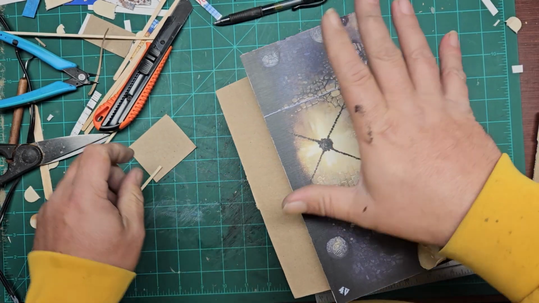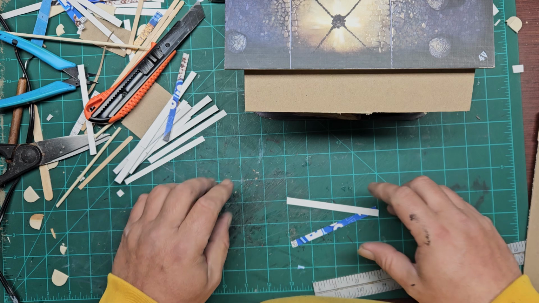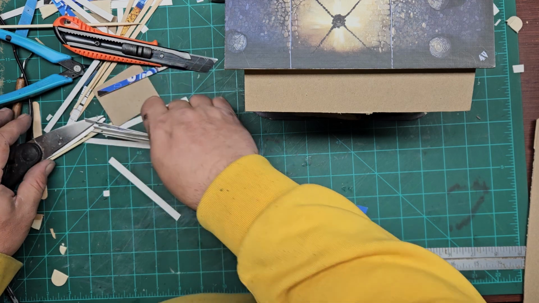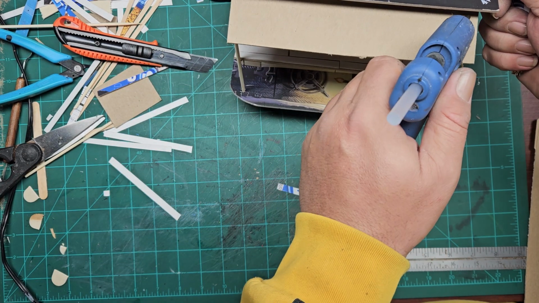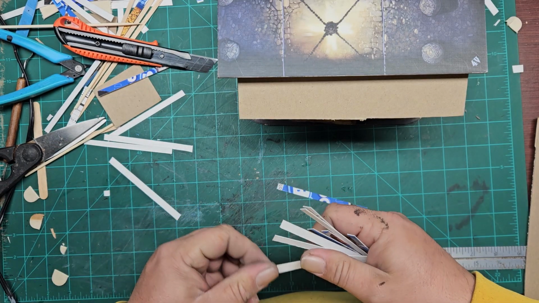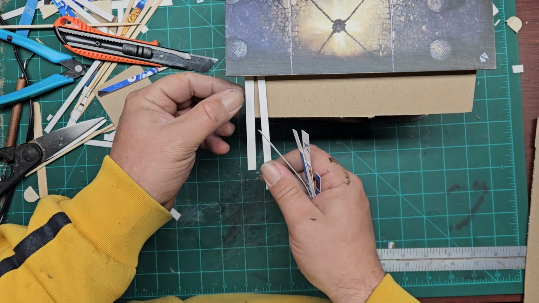do that. Now I didn't really have a plan for planking this or raking this roof at all. I had no plan. I didn't even think about it. So what we're going to do is we're going to do this. We're gonna